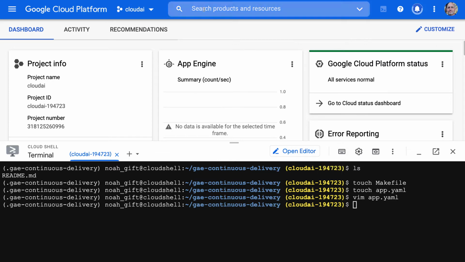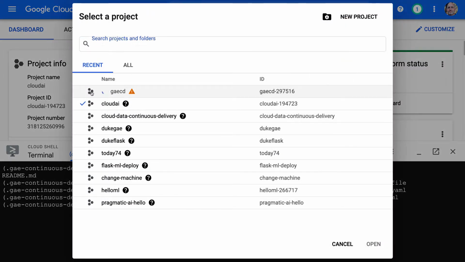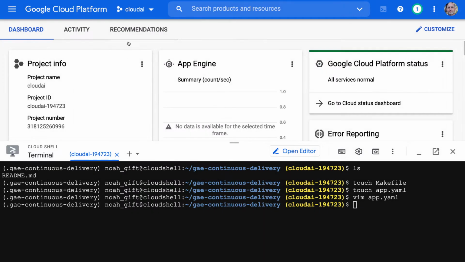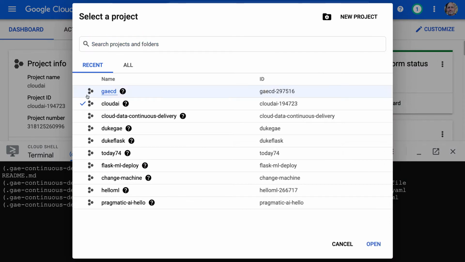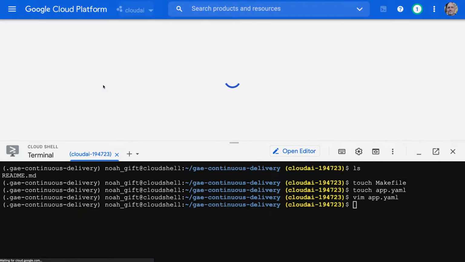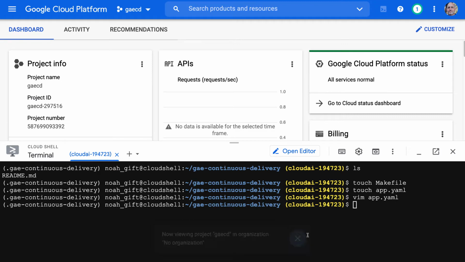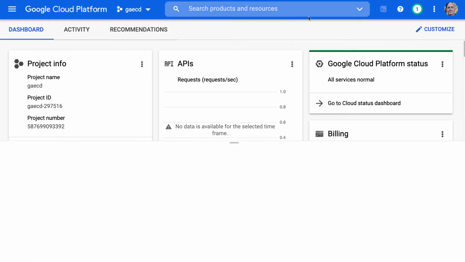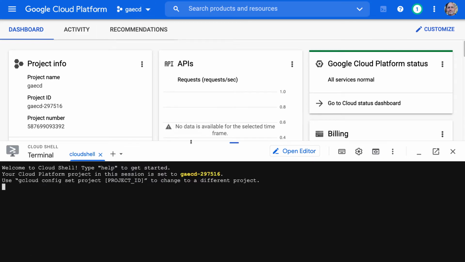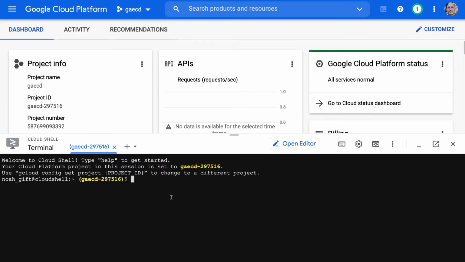And I believe I'll need to change this environment. Hopefully it lets me create a new one. Sometimes I create so many projects that it gets upset and doesn't want me to create more of them. But okay, there we go. And I think I'm going to need to just close this shell and open it back up again so it'll correctly source that new project. Okay, that looks good. And then I'll CD again into, not this one, into the project that I was just setting up,